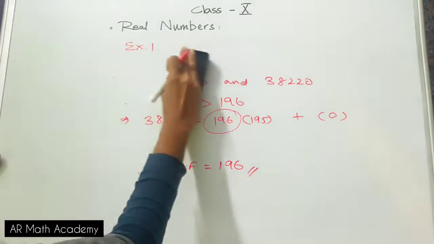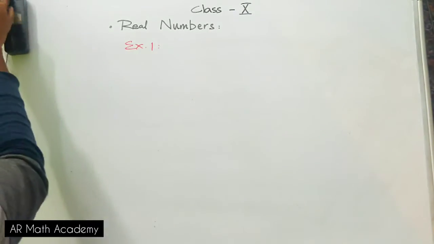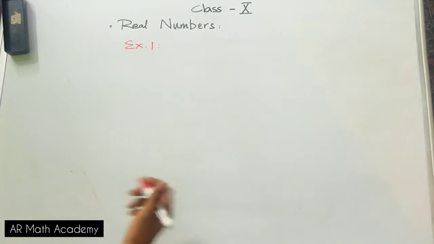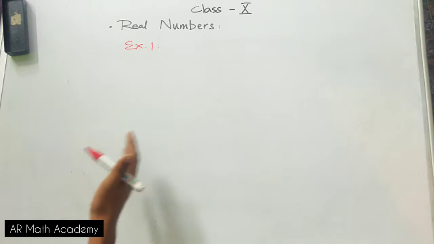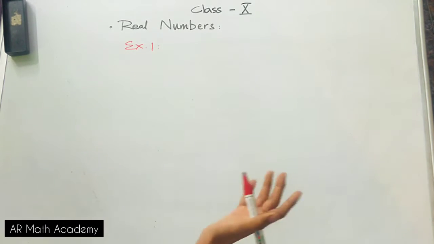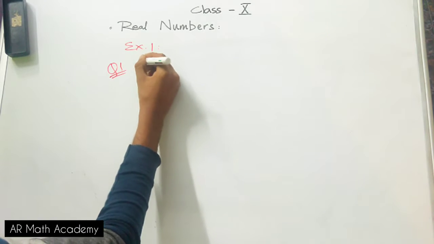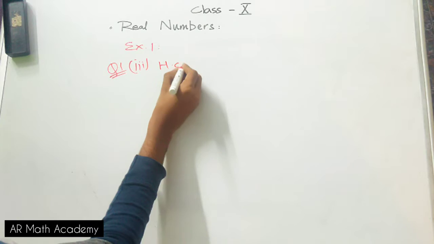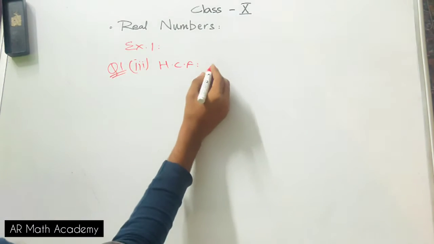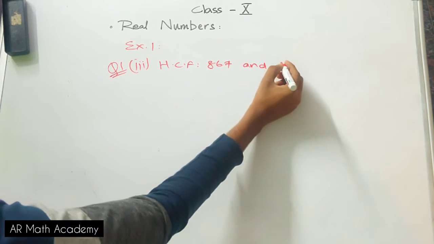Now that was question number 2 of exercise 1. Sorry, that was a subdivision of question number 1 actually. All the other questions of this subdivision are the same. They are exactly to find the HCF of the given two numbers using division lemma. Let me solve another problem from question 1 itself, subdivision 3. What have they asked us to find? They have asked us to find the HCF of these two numbers using Euclid's division lemma. 867 is the first number, and our second number is 255.